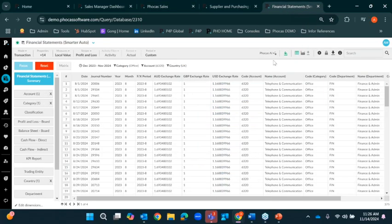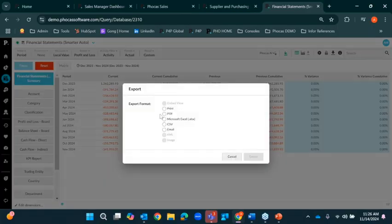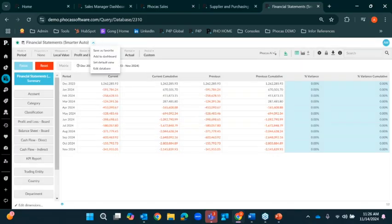And then a couple different things with the tool, as far as being able to export, making that really easy. We can add it to a dashboard. We can save it as a favorite, which is kind of our version of a saved report. It's not a static report though, because at any point I can go ahead and click in and dig deeper into the details of that report,